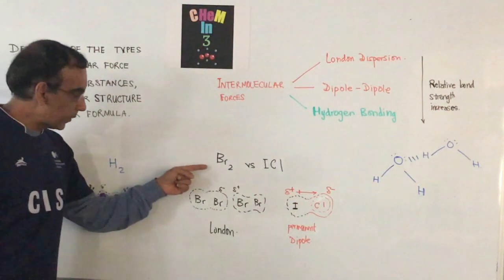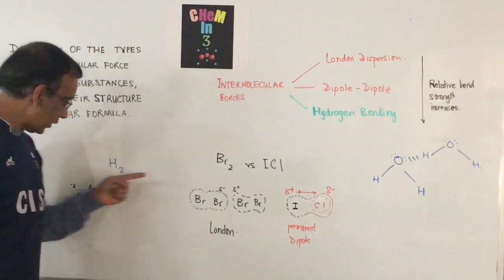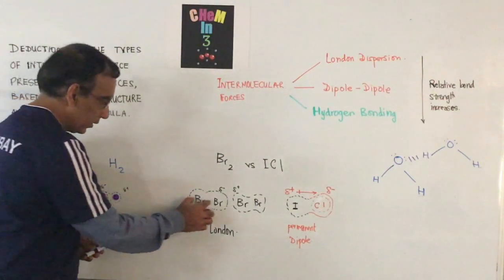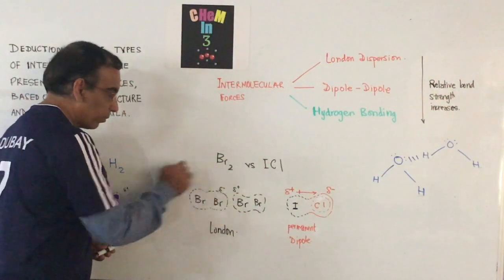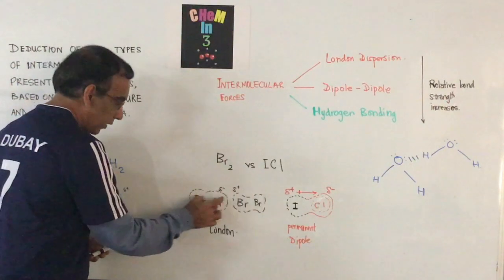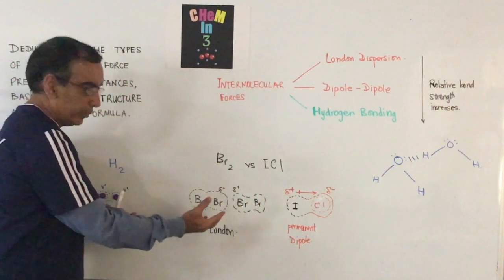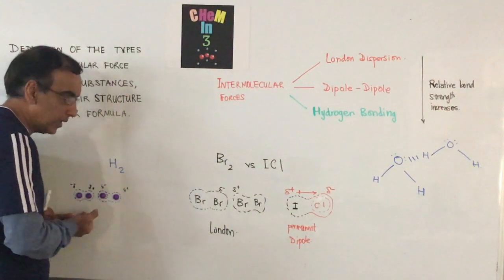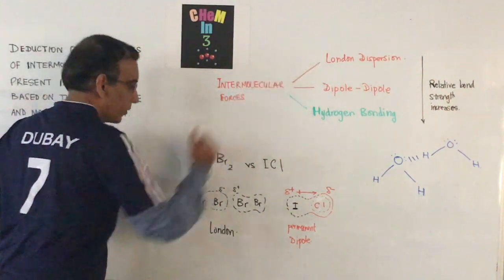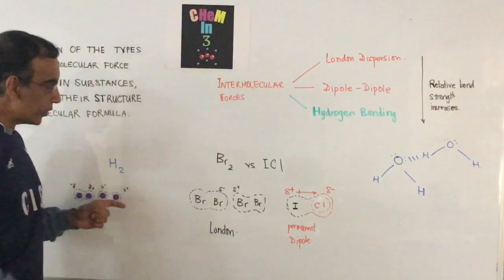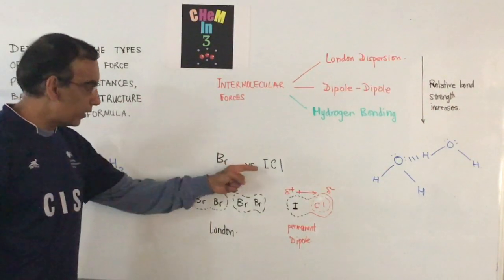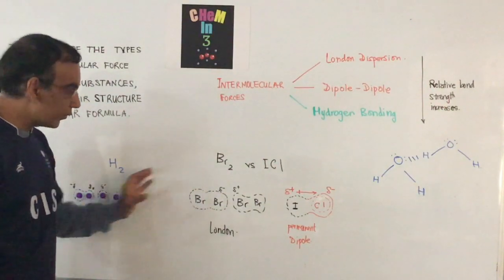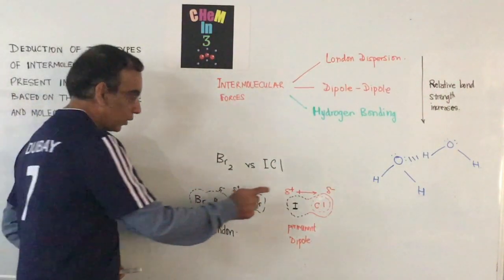Next we consider Br2, which, like H2, has London dispersion forces, 2 bromine atoms making up a bromine molecule, here and here, and bromine molecules can be associated in the same way as these hydrogens were associated by London dispersion forces. But if we were to compare Br2 to an interhalogen, ICl, then we can see a different situation, because